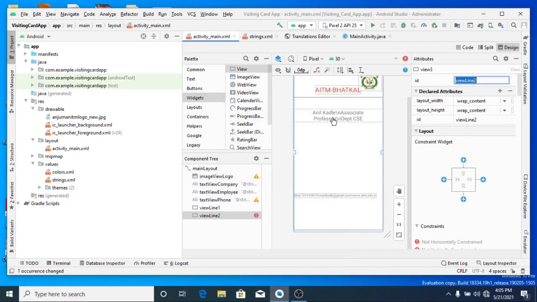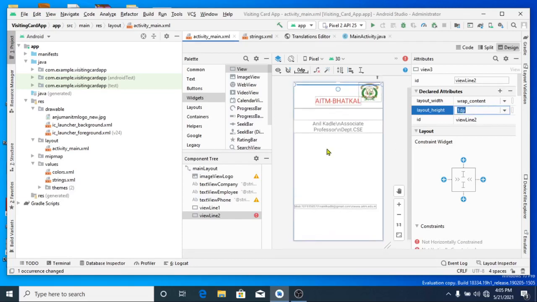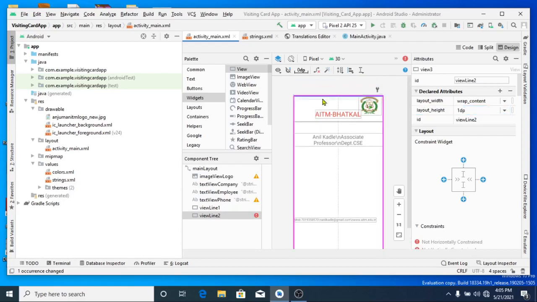I want to put it between my name and mobile number. Now, whatever view is there, its height you have to change, correct? Come to this layout height, make it 1 dp. Enter it. Yeah, that line came. Drag that line, put it here.